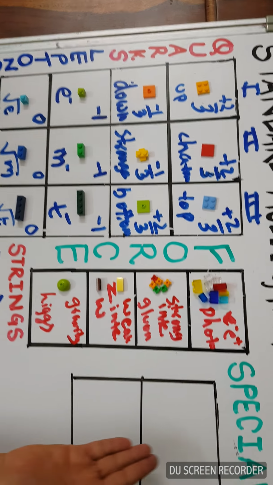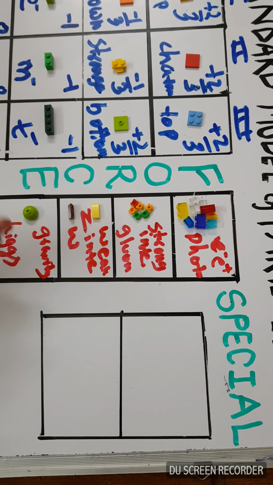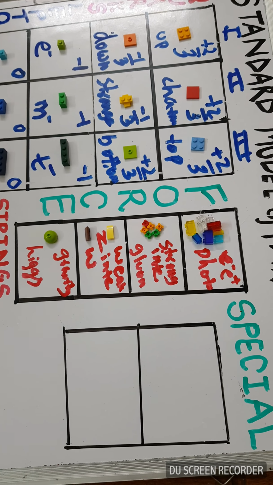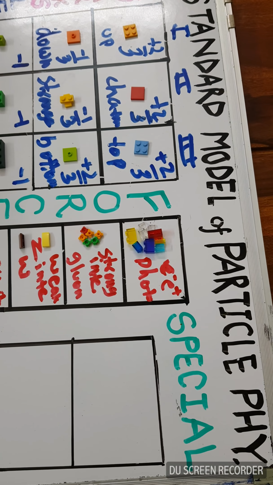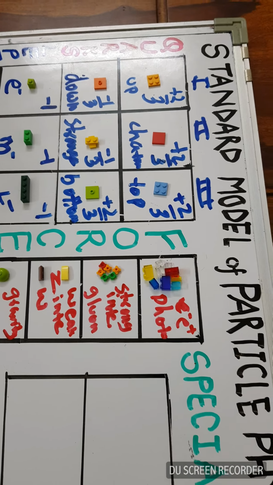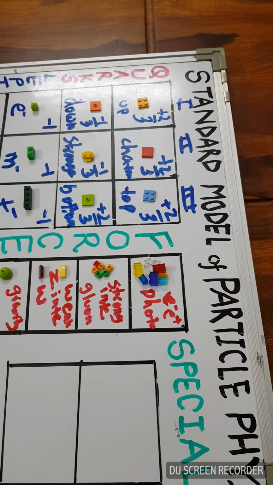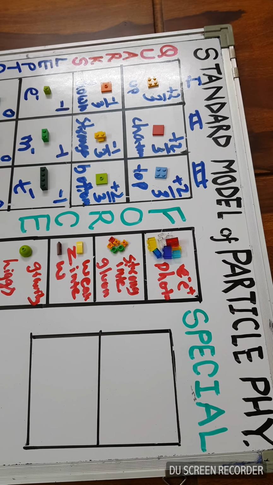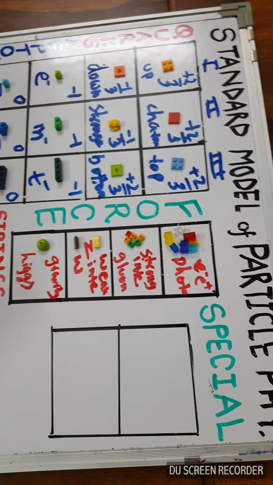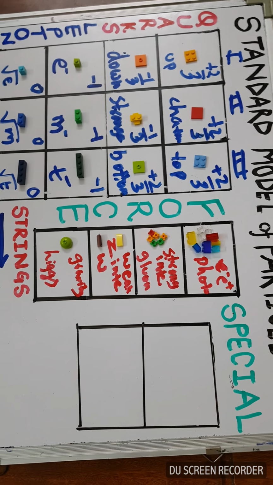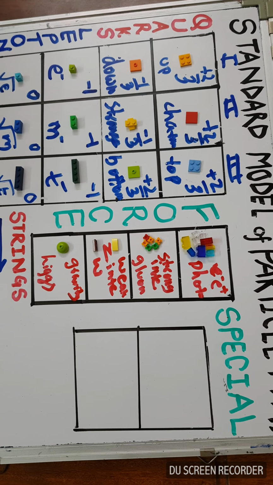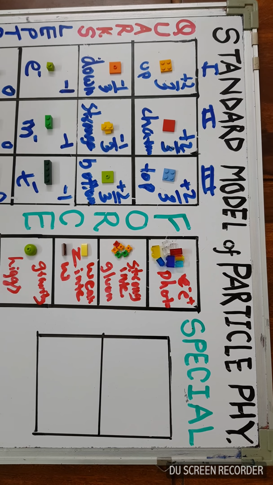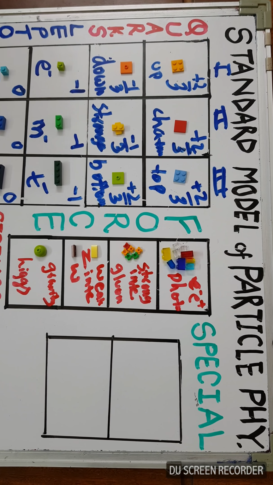But why are all these things here? Because I don't just talk about the facts; I also talk about something more, so that people feel more interested. You all must have heard somewhere about dark matter and dark energy, and probably might have been confused. What are dark matter and dark energy? Well, I'm here to explain what exactly they are. I'll be talking about our universe in a video, but just in short, I'll clarify it. Dark matter and dark energy occupy most of the space, but are not visible to the naked eye and do not react to light as we expect. So it's probably hidden, but we can see its effects for sure.